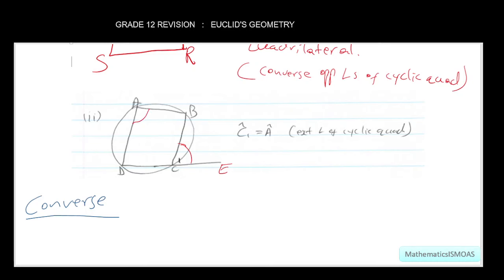Then we can say angle C1 will be equal to angle A. Reason? Exterior angle of cyclic quad. And then the converse,